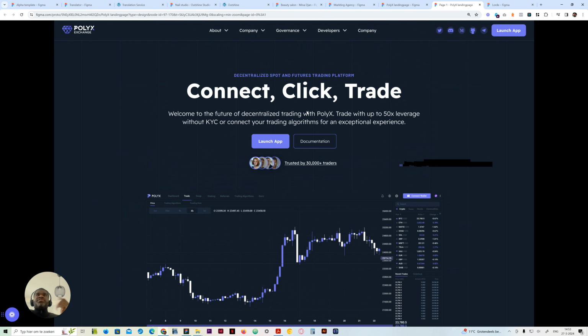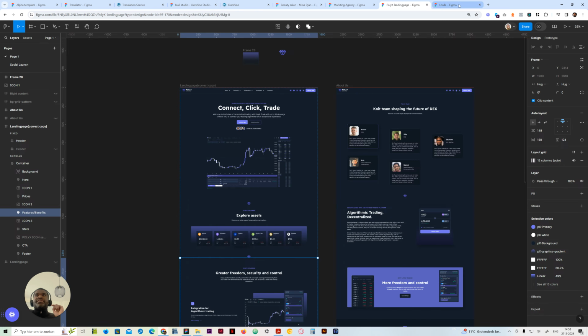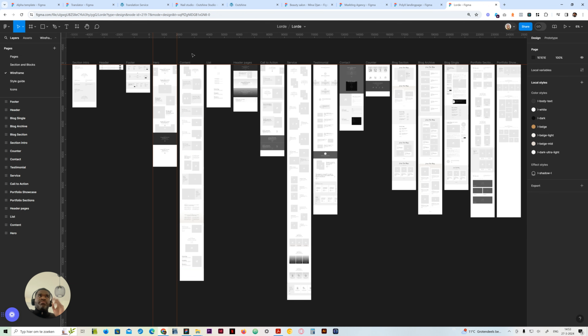Awesome stuff. This is all the stuff you can do with Figma. And the last thing I want to show you guys is this massive project I'm working on. I'm going to try and just tell you about it in a short amount of time. So, as you guys know,